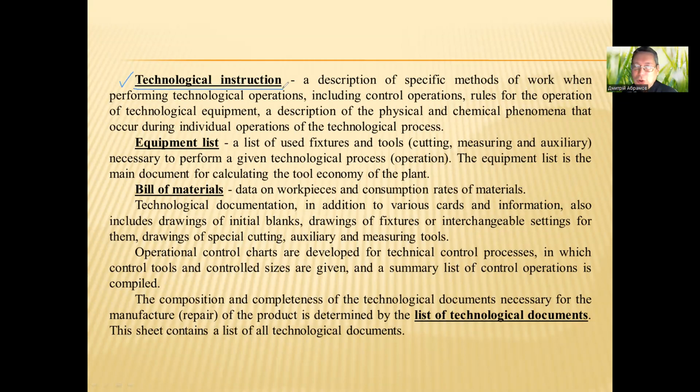A description of specific methods of work when performing technological operations, including control operations, rules for the operation of technological equipment, a description of the physical and chemical phenomena that occur during individual operations of the technological process,